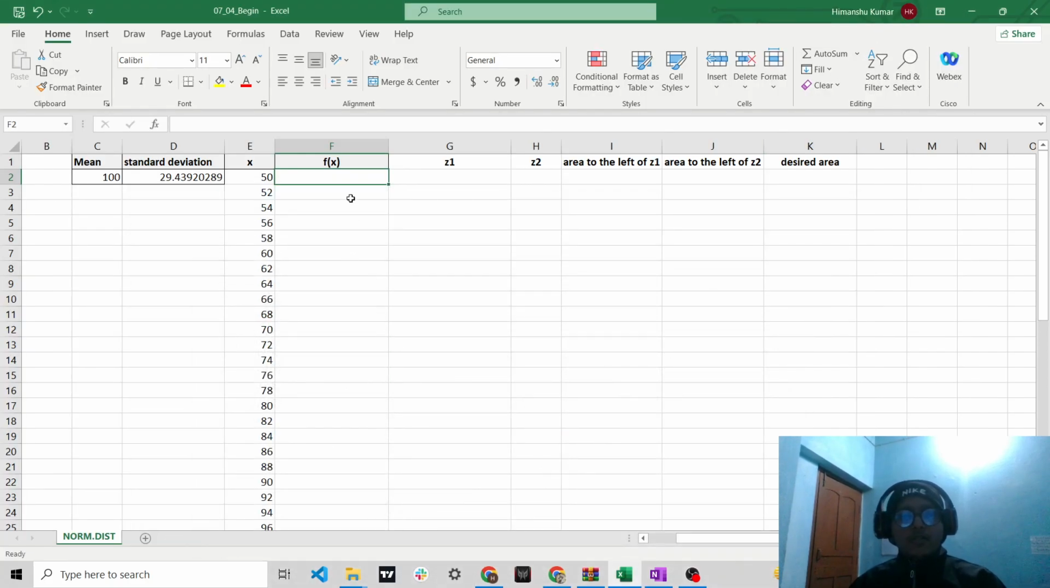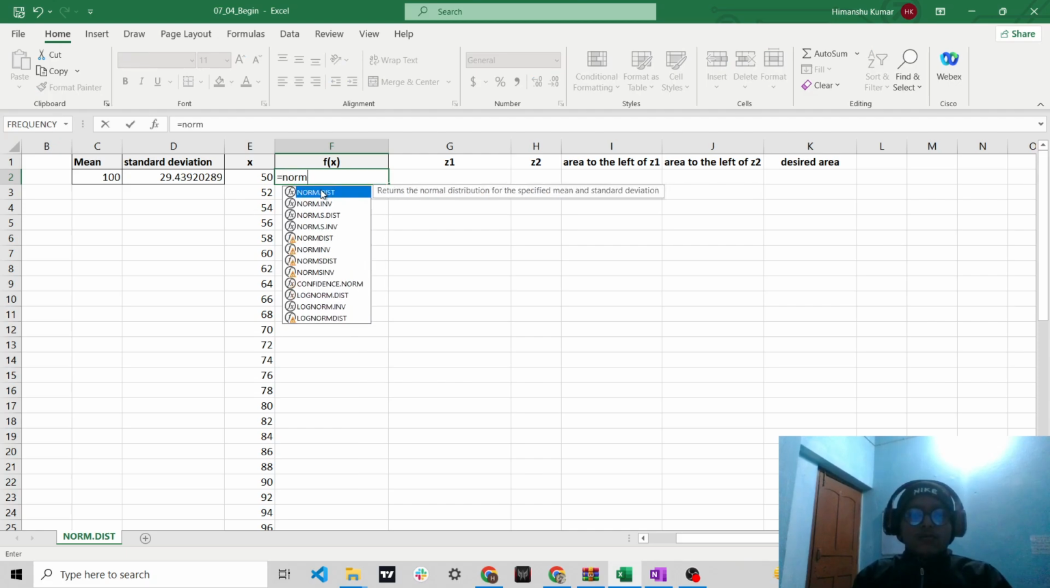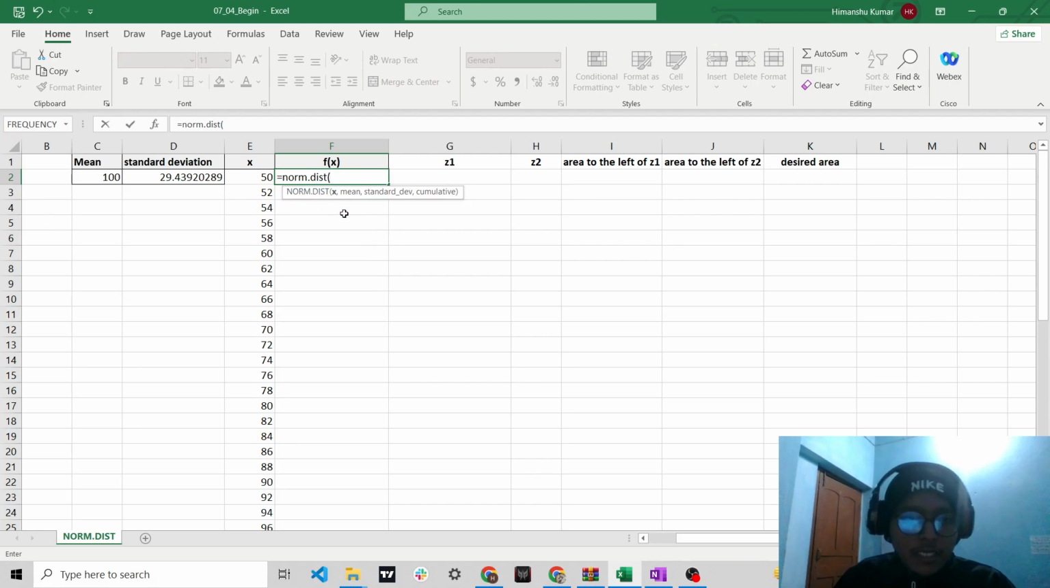So how are we going to do that? We have to write NORM.DIST and then open parenthesis, and there are four arguments. First is x, the data point we have to give. So select the data point, then comma, and the second argument is the mean. For this we select the mean,